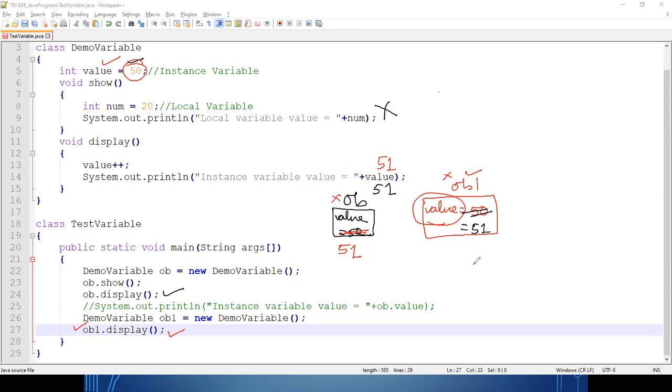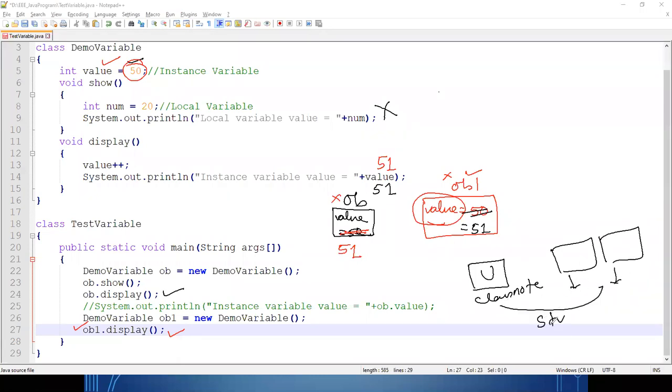Clear? So like all of you are having your class note. That class note belongs to you only. So how many class notes are there? Any number of students are available, that many class notes are there, because those belong to the students individually. Clear?